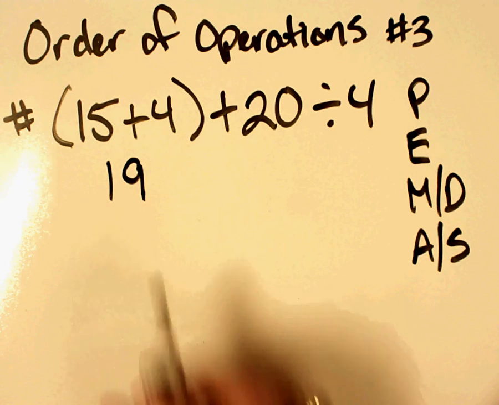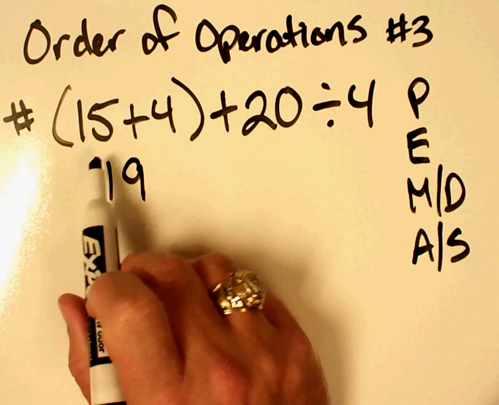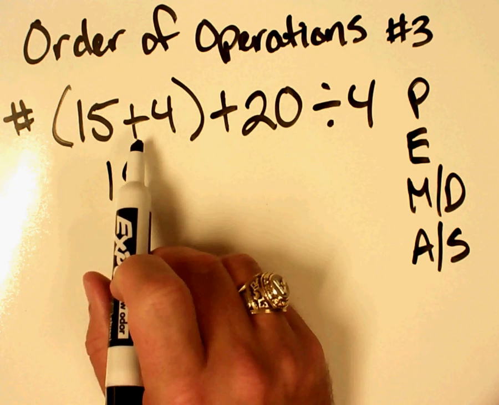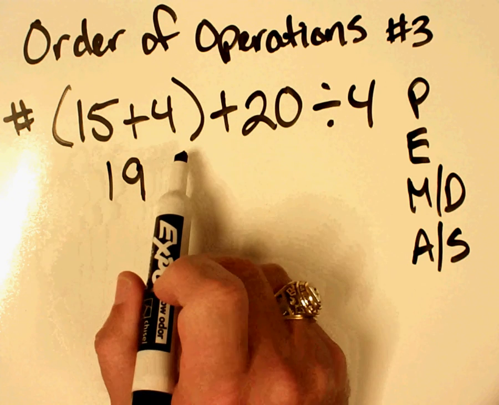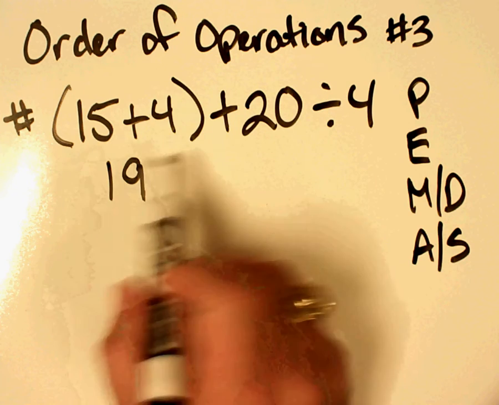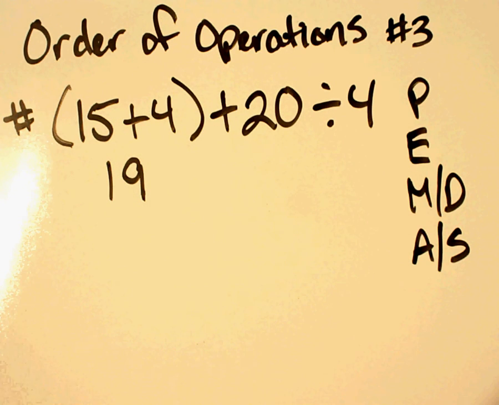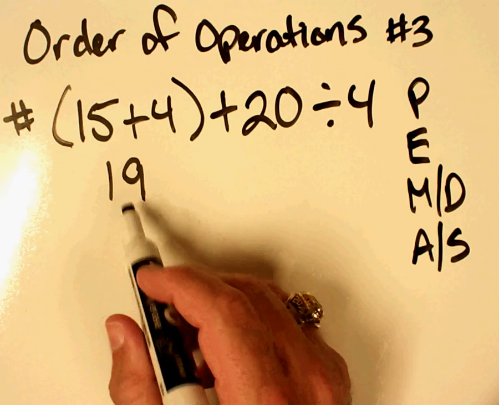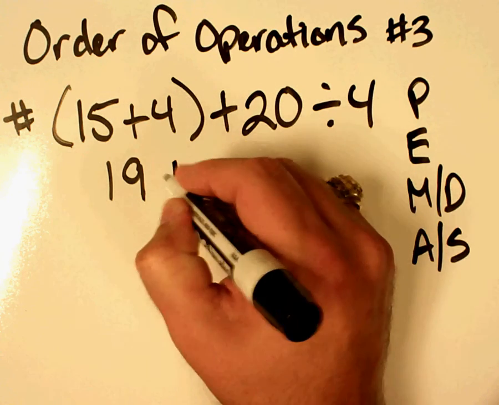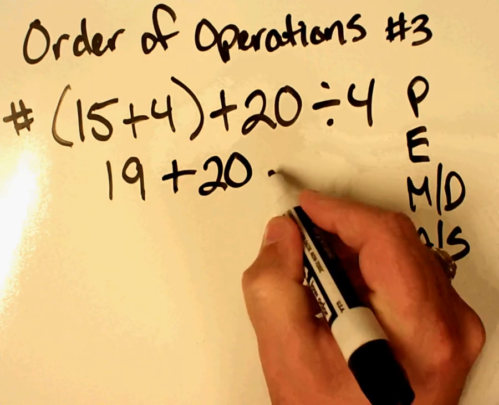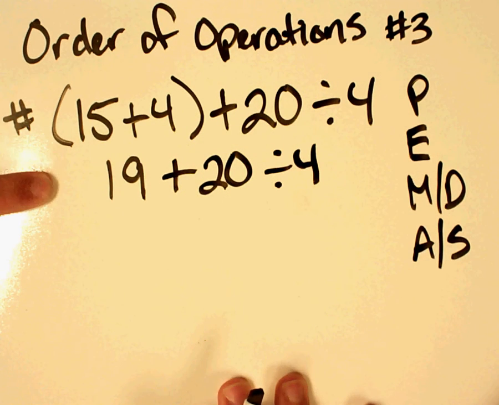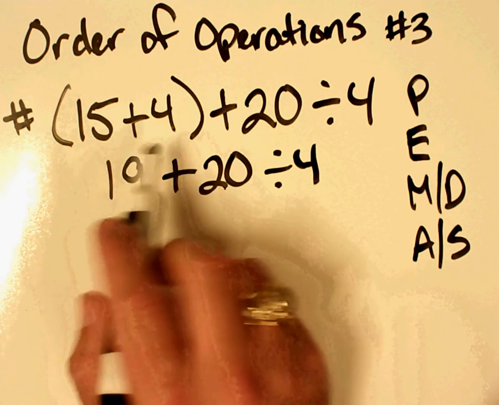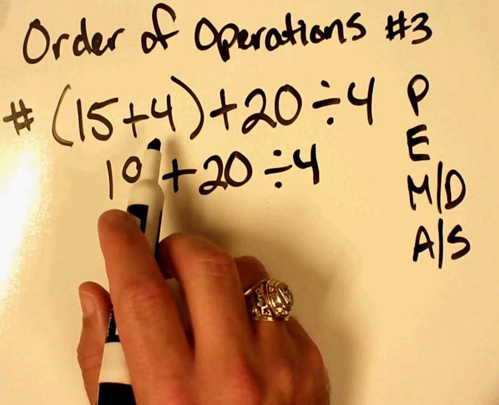Now, once all the operations inside the parentheses, and in this case there was just one, are completed, then the purpose of the parentheses has been fulfilled, basically. So I can remove the parentheses and just put the product from those parentheses in there. So then I'm going to rewrite, because as I have stated before, when I move from one level to the next, I only want to have completed one operation. So in this case, I did the parentheses operation, the addition in the parentheses, and so